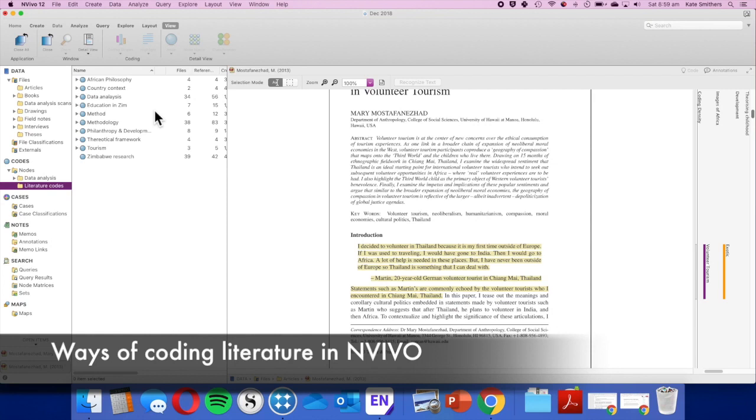Now, somebody asked me, how did you come up with your nodes? I was very, very fortunate that I started using NVivo about a year into my PhD, so I already had an idea of where my literature review might go. But if you're not sure, a really good way is to think of potential chapters. So I knew that I'd have a country context chapter, so I created a top level node for that. I knew that I'd be undertaking data analysis, so I had a node for that. Education specifically in my country,